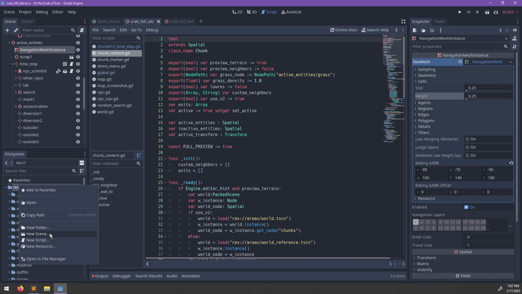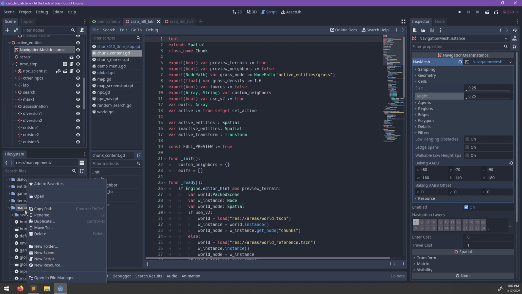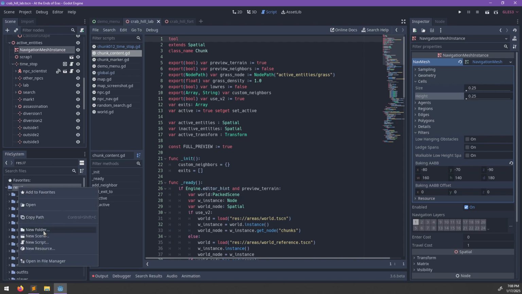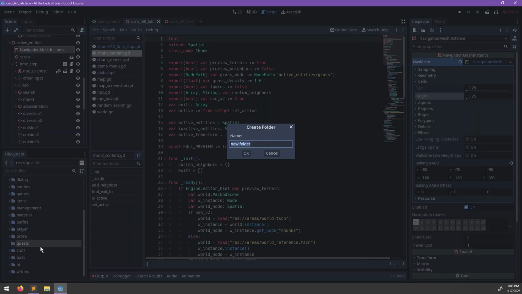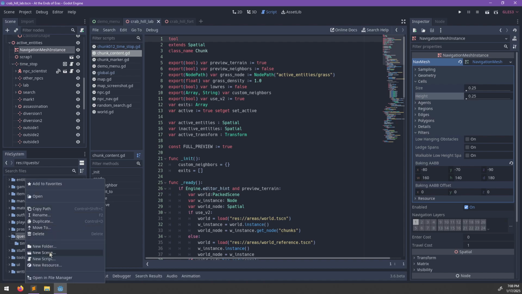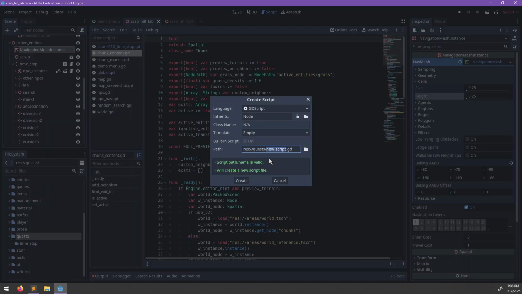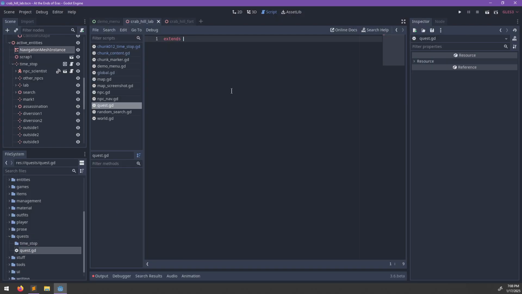Let's add... Do I have a folder for quests already? I don't. But let's put it under management. New folder, quests. And this will be new folder, time stop. And let's have a new script as well. So this extends nothing. Quest. So this will have various functions like